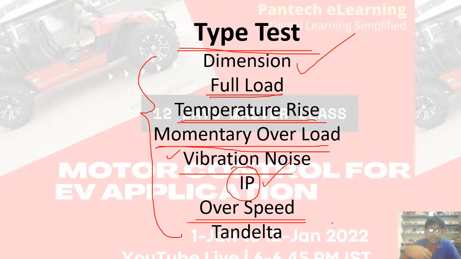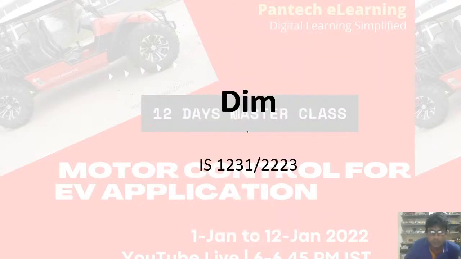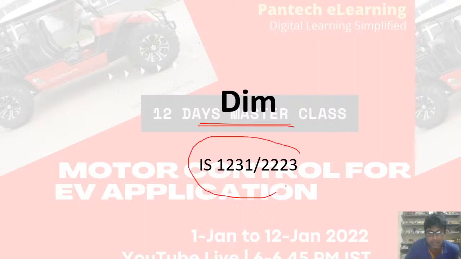Suppose the vehicle or the car is coming down from the hill. In the case of locomotives also, it can experience overspeed, so you have to check that. The tan delta, it's the quality. This will define the quality or aging of the insulation system. Now I will elaborate it slightly. So the dimension of the induction motor is specified in